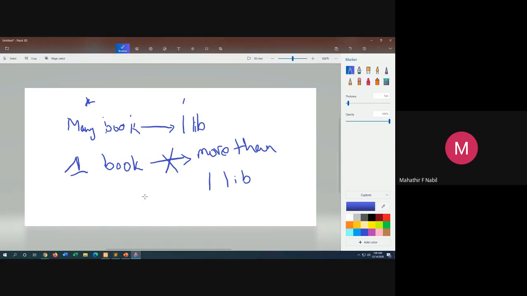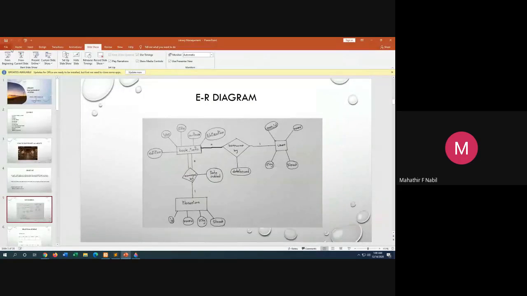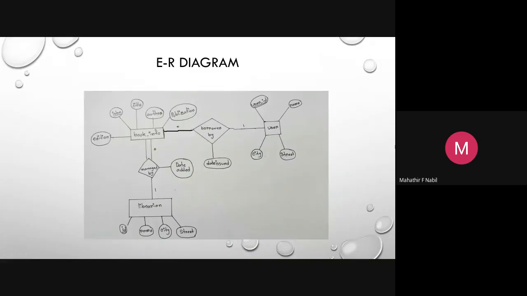So whenever the book is added to the library, since we are only talking about books being added to the library in the first place, that book will only be controlled by one librarian. I think you got it now. Okay. So that is why it is a total participation from the book side, and also there is a many sign that I explained right now. And here we can see that this is actually not total participation, this is partial participation. Why is that? A librarian can manage a book or not manage a book and still be part of the library. Okay,